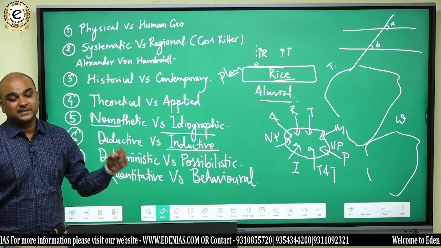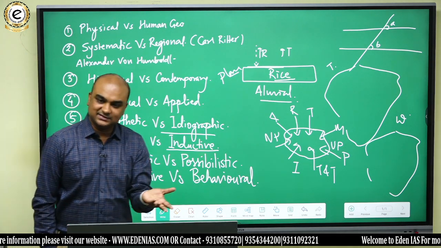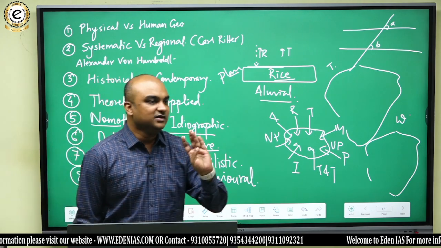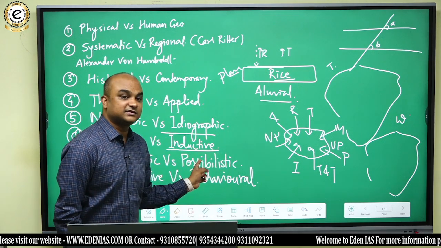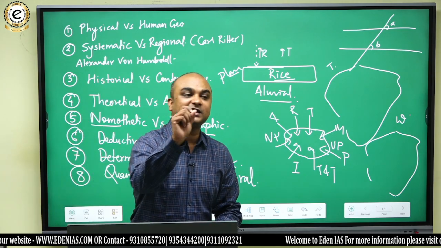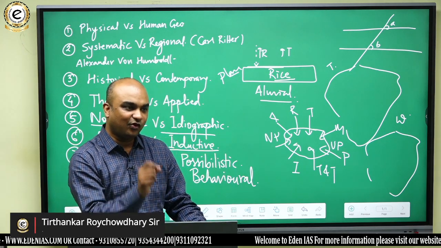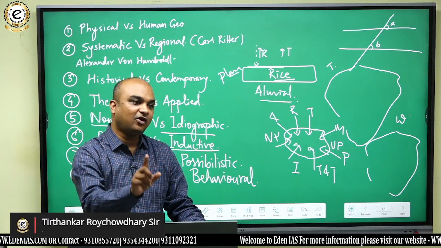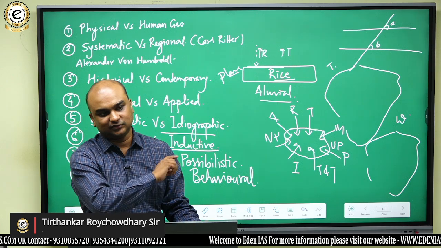Quantitative means that we can quantify geography, we can study geography like mathematics and statistics with the help of graphs, charts, all those kind of things. Whereas behavioral geographers say that no, there is a human element, and you dehumanize geography when you try to study geography only from the statistical or mathematical lens. Is that thing clear?